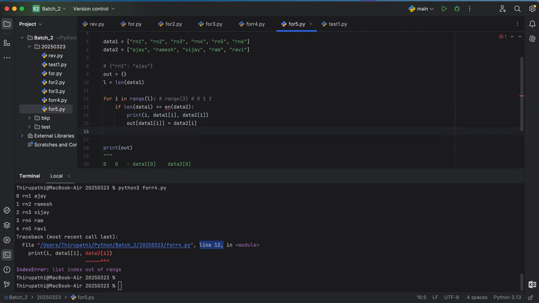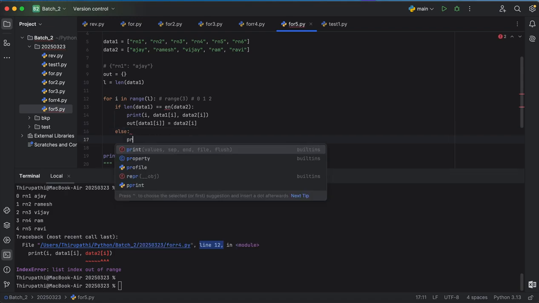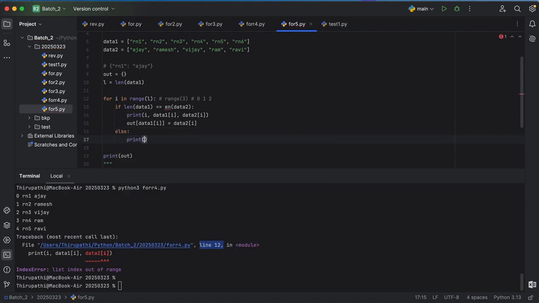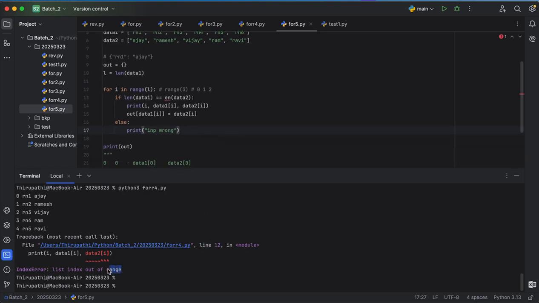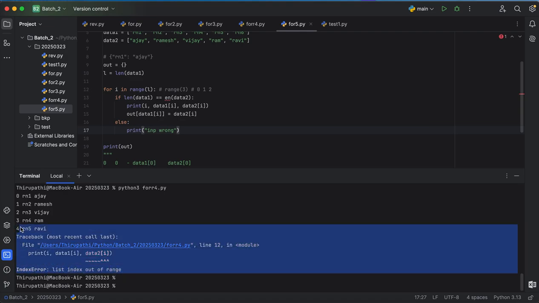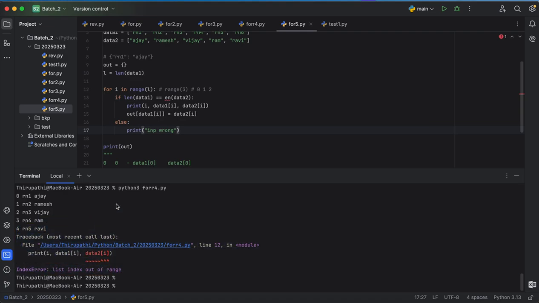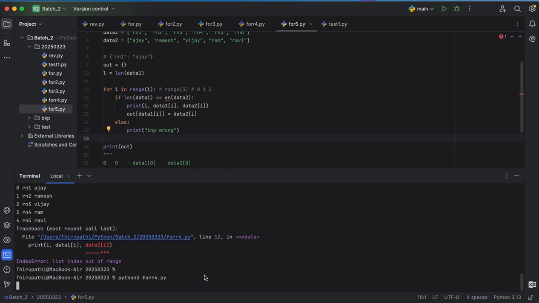Otherwise, else tell user, please provide correct input file. Input is wrong, right? Now see, user will not get this error message because user doesn't know what it is. He doesn't know Python or Java, he is not technical. He is going to use our tool finally. So simply